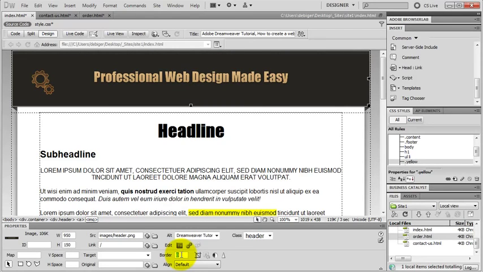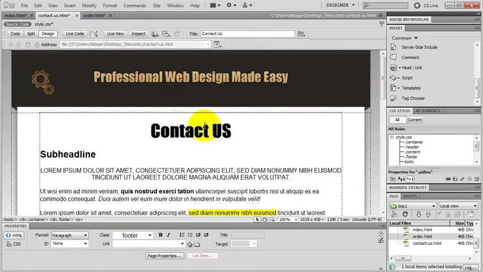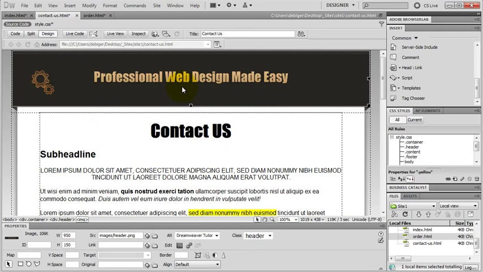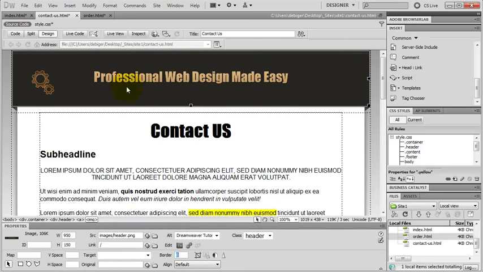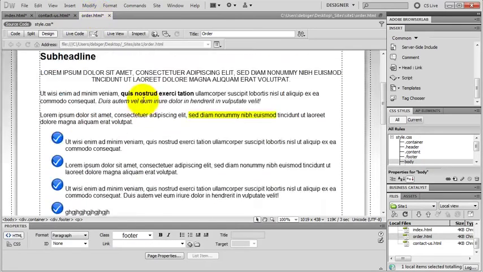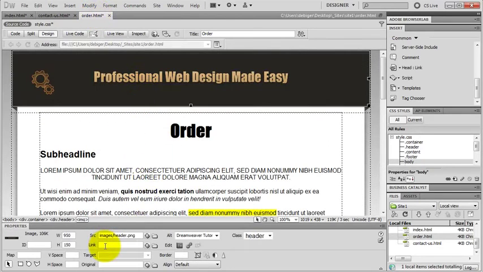Okay, I need a link to my home page in my other two pages as well, so I go to my contact page, select my header image, type in a /, and 0 for the border. Go to my order page, select my header image, /, and border 0. I go back to my index page,